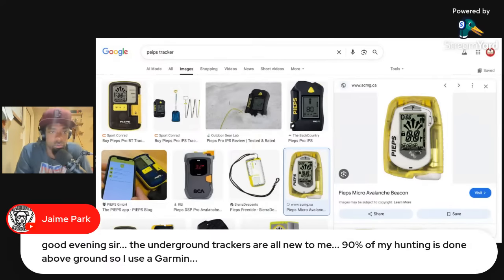Yeah, for those who just tuned in, we're talking about trackers. If you ever had a problem with a tracker locating the dog, what type of tracker it was. I was explaining that